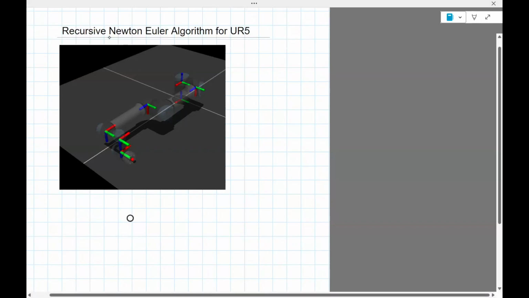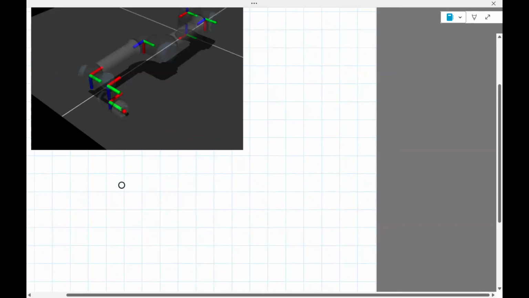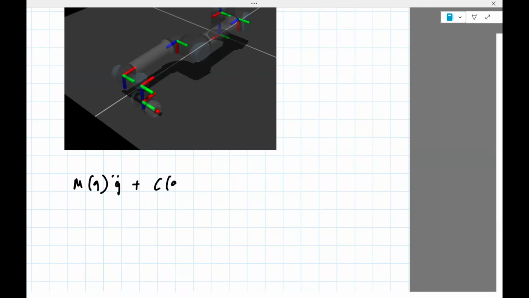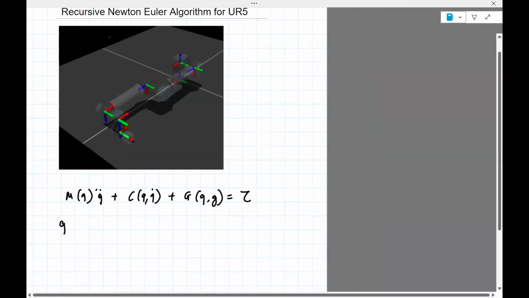So the equations will look like this: M(q) q double dot plus C(q, q dot) q dot plus G(q) equals, let's put, torque, and q